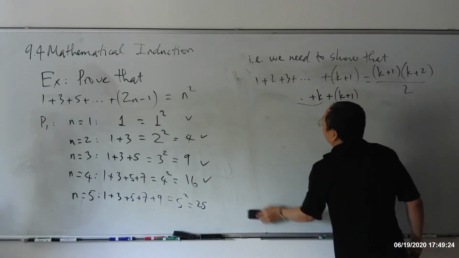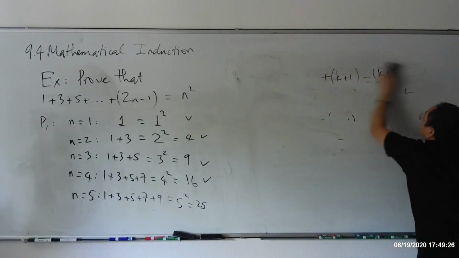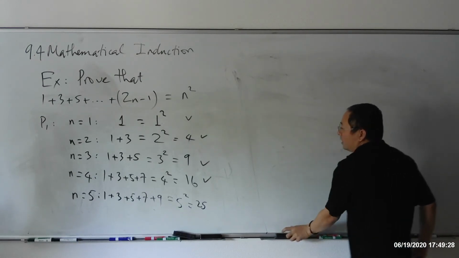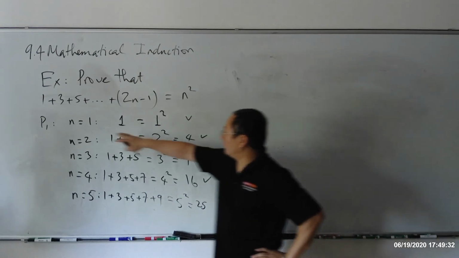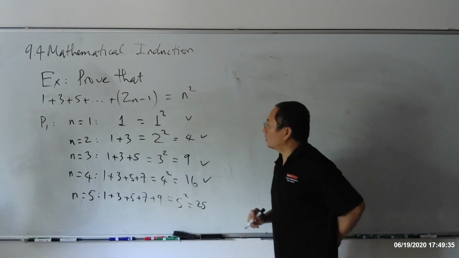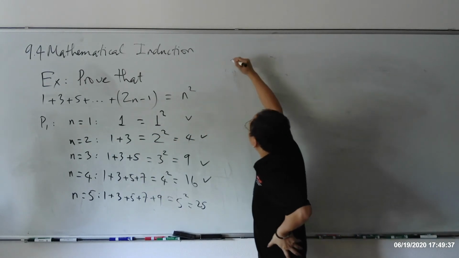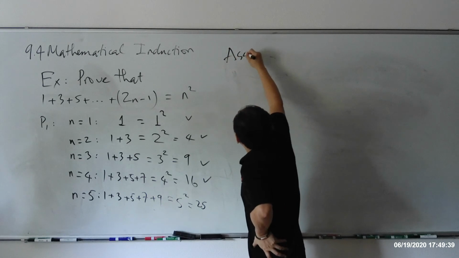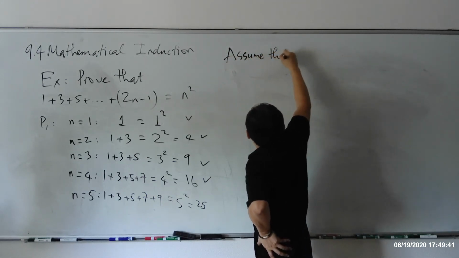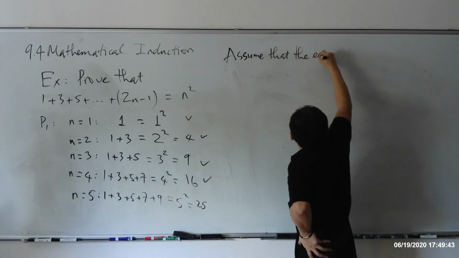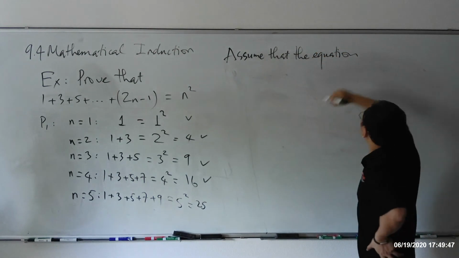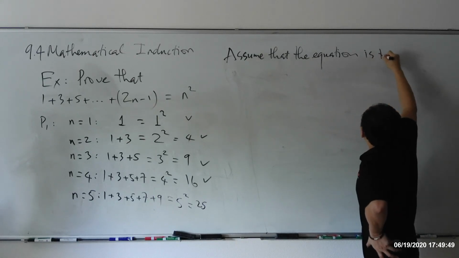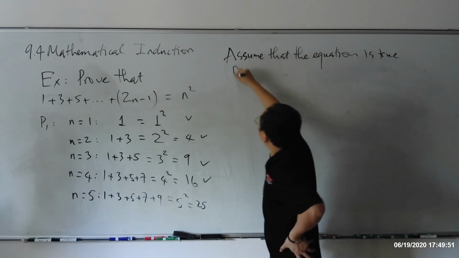So I'm going to prove it in general. So this is the initial step. I check for the first couple cases for n equal to 1, 2, 3, 4, 5. Next, I assume that the equation keeps being true until n equal to k. It is true for